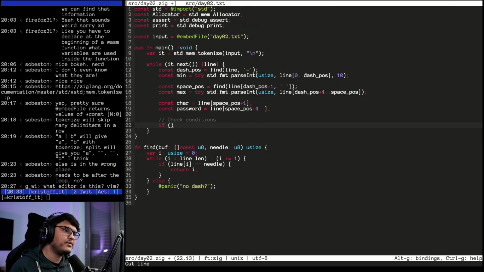So we need to count the instances of that character and then decide if it's within limits. So const char counts equals... we do this way. Let's see.